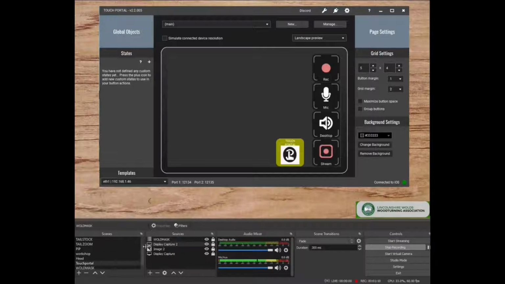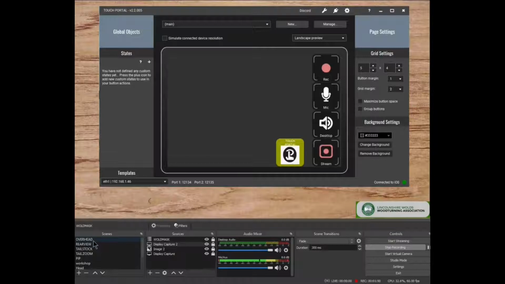Okay, so I've got several views on here. Let's just assume that you've maybe got one or two cameras. I've got, I think, I've got 4 set up at the moment, but you know, that's just a bit extravagant. The Touch Portal screen with OBS. So that's my camera setup, and what I need to do now is create some buttons to